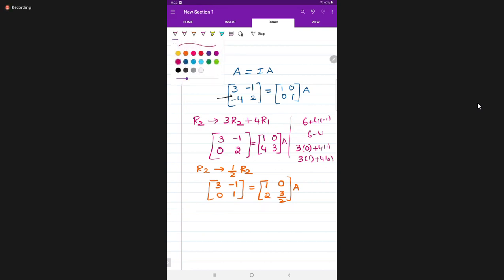Ma'am, PU students, no need to do 3 by 3. No, 3 by 3 no need. But CBSE students, that is a guaranteed question. It is very, very important, 3 by 3. Okay, now tell me.